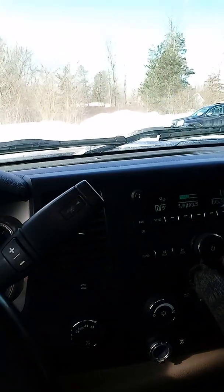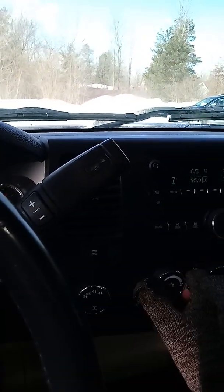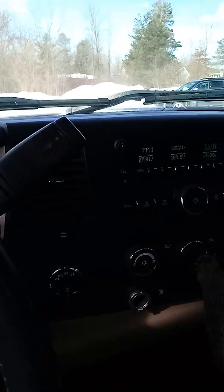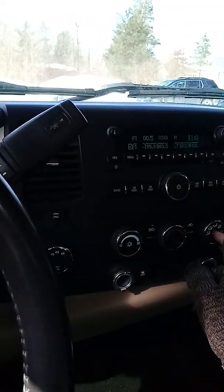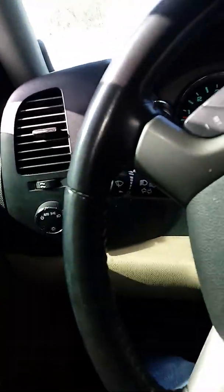Radio works just fine. Heat, all the fan speeds work correctly. It does have rear window defroster as well. I couldn't really fully test it because there's no ice or snow on the back, but I have every reason to believe that it works based off the controls and everything. So we've got that. Now let me go ahead and just step out